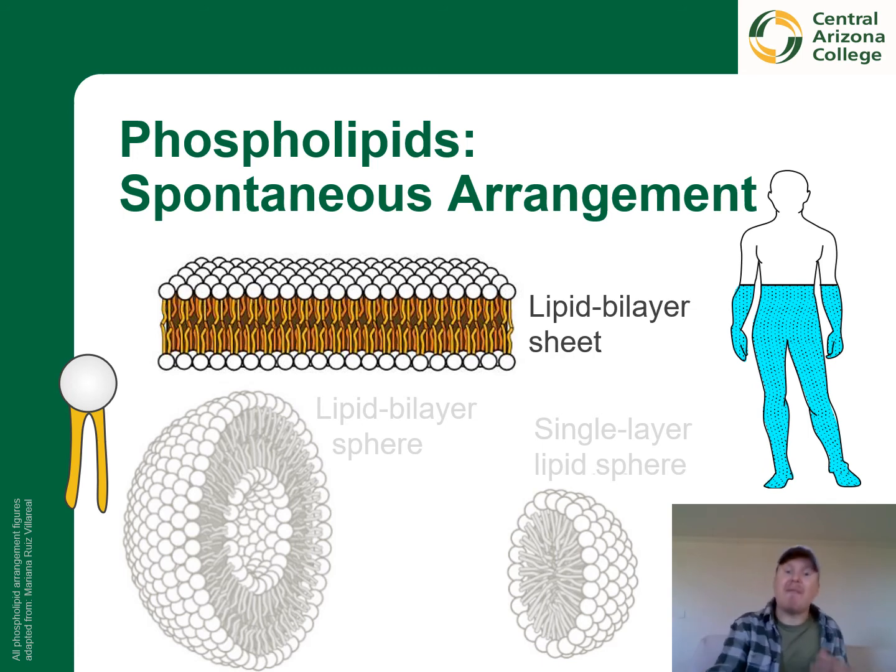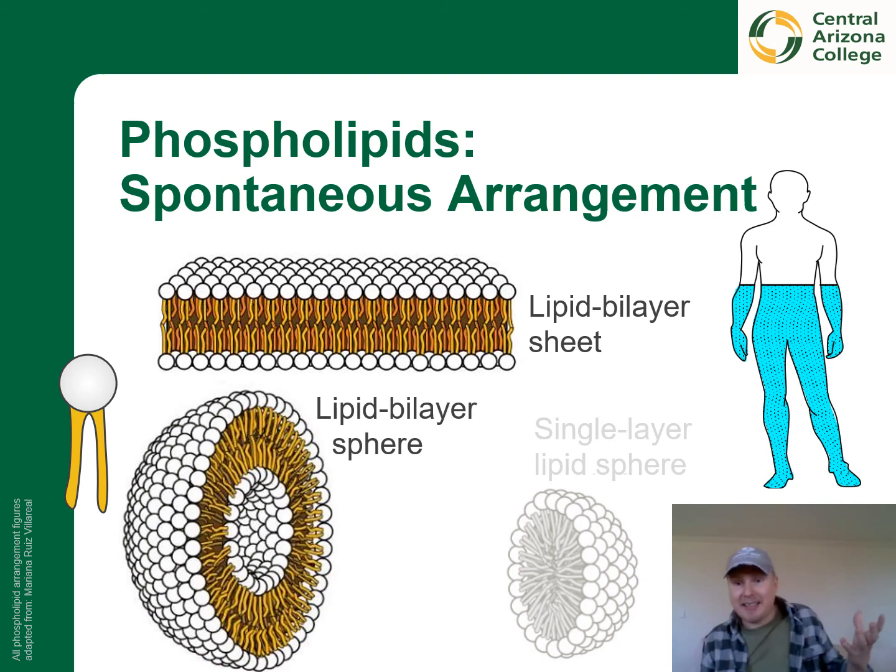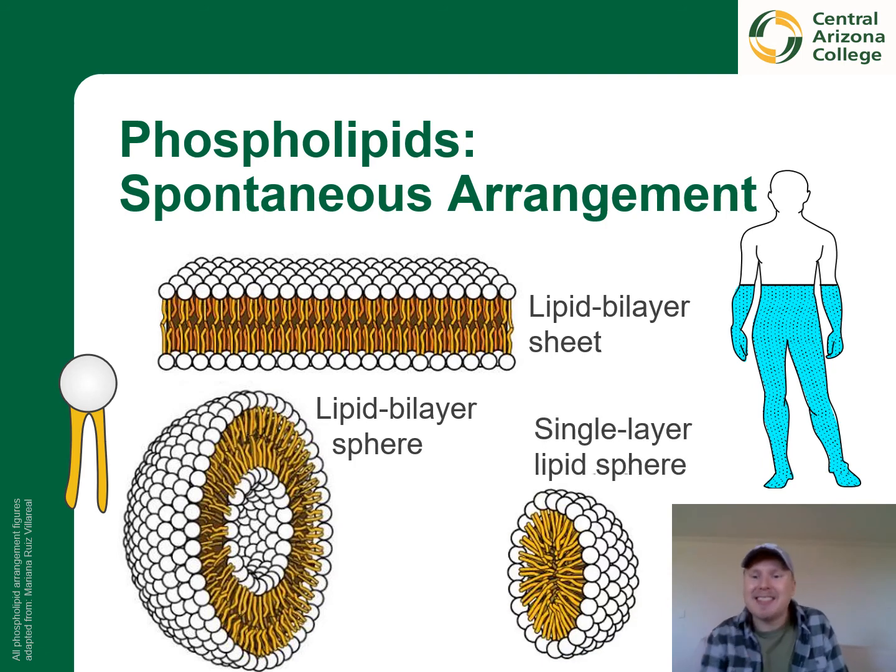But it doesn't have to be just flat sheets. In fact, these lipid bilayer spheres are quite common to break off from the cell membrane when we need to transport something large, say such a large molecule that it cannot fit through the membrane or even through the protein channels. So what happens is that the plasma membrane bilayer opens up and engulfs this protein, transporting it within a vesicle that it has formed in this way. And sometimes these phospholipids arrange so that there isn't even an empty space inside the sphere. It just ends up being a single layer.